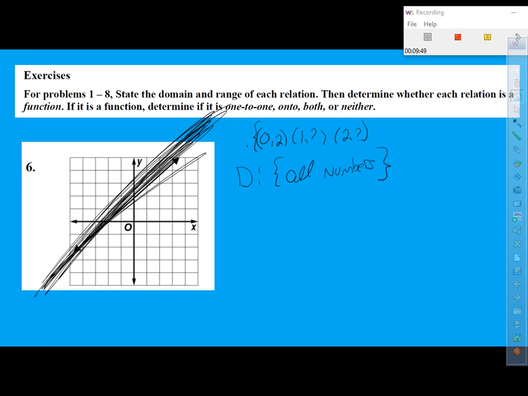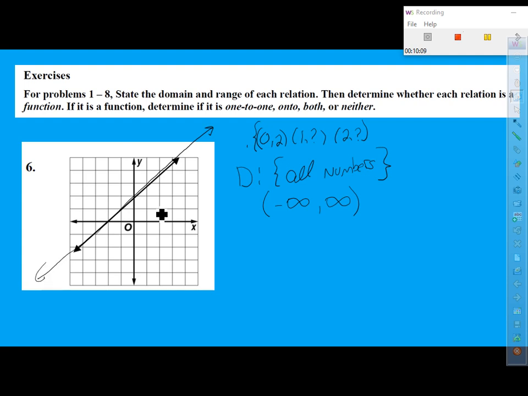So your domain is all numbers. In interval notation, it looks like this: negative infinity to infinity. This is weird right here, guys. The reason it's also negative infinity to infinity is that it goes to the right forever, and it goes to the left